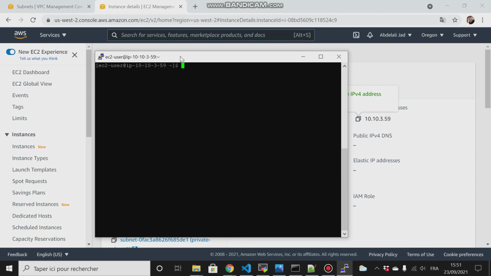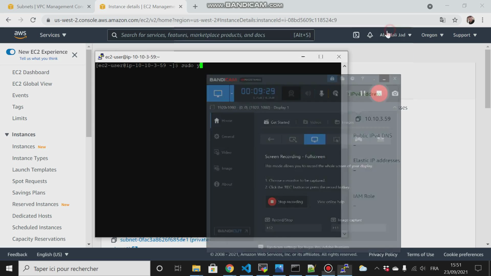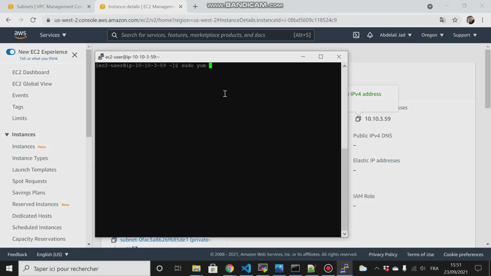So the first thing that I will type is update, so I will update the packages in that server or in that EC2 instance. Now it cannot update or do anything. You can see, because they cannot communicate with the outside. They cannot access the internet, right? So what we have to do,